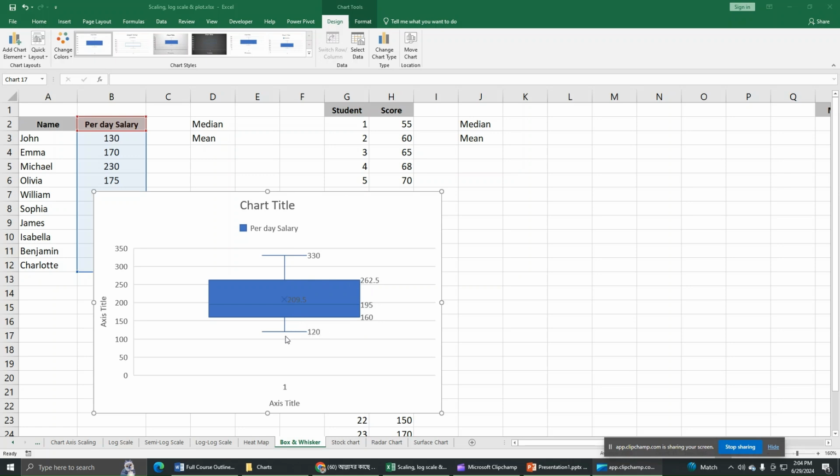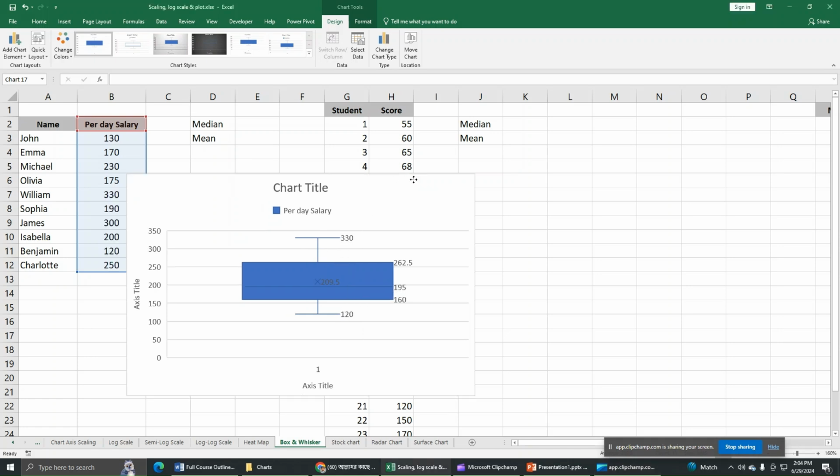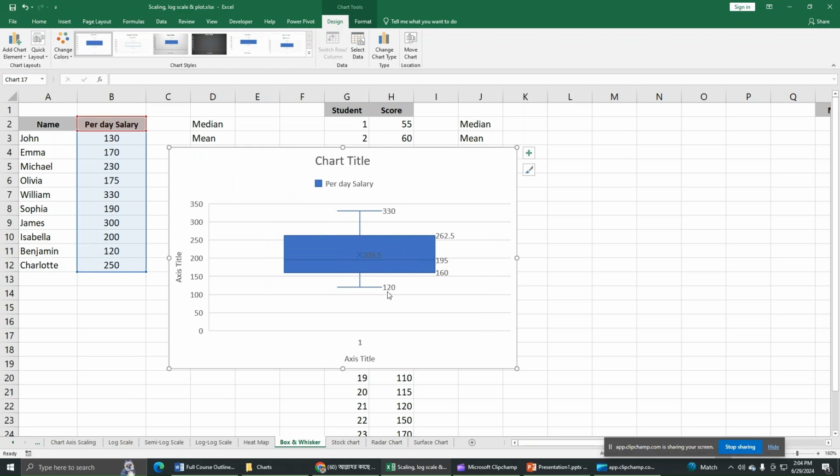This is called the lower whisker. This is called the upper whisker. This actually tells the highest and lowest value in a particular data set. So in this data set, the lowest value is 120 and the highest value is 330. In this data set, 209.5 is called the mean, and 195, that is this line, is called the